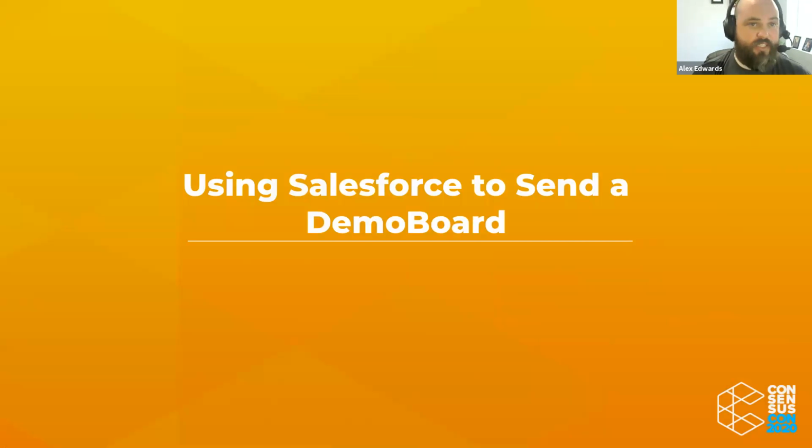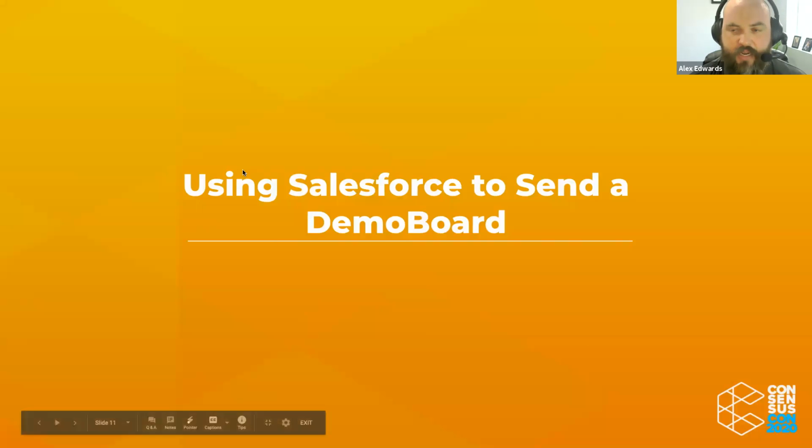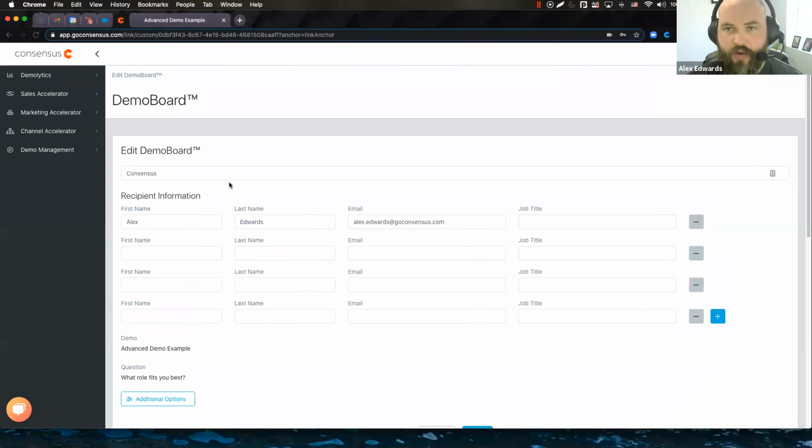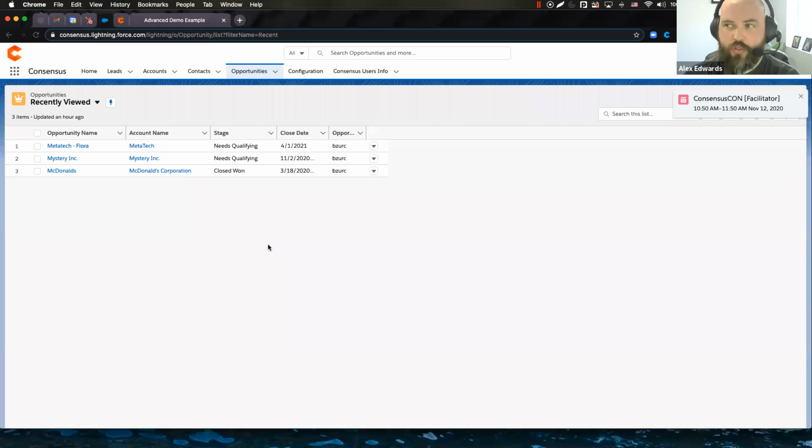Now, the second to last thing that we're going to go through today is the Salesforce integration. And with this tool, there are some unique things that we want to call out, so we'll make sure that we cover those. But inside Salesforce, you have the ability to send demos on multiple different levels, and there's a few ways that you can do this. If we start at the top with opportunities,